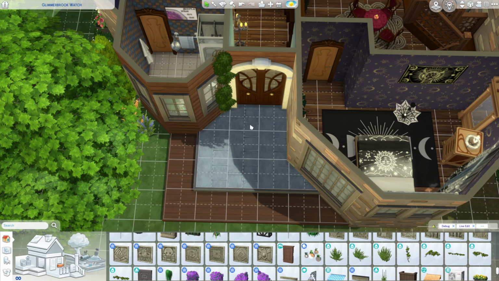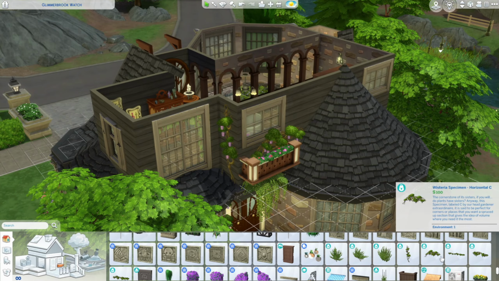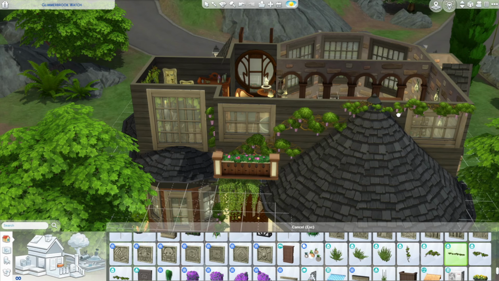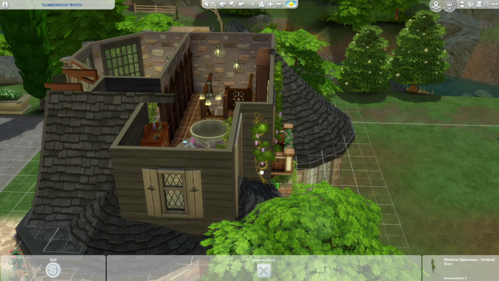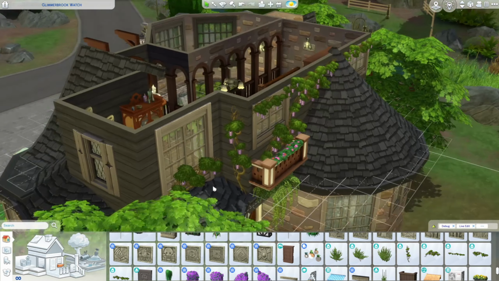But I think it looks really, really nice in the end. And then I use it all over the place here. I just trail it all along the top of the roof line. And I did put the roof up to make sure that it wasn't clipping, and I had to adjust it accordingly. But I really like the vining wisteria all over the exterior of this house because it looks very overgrown,